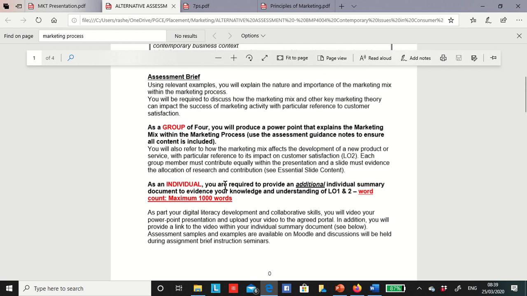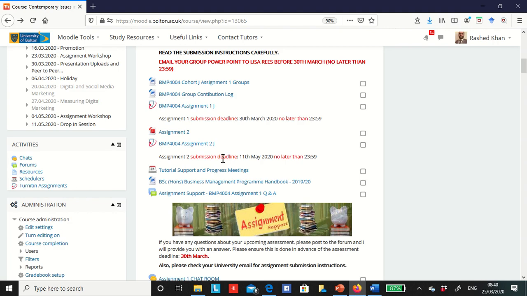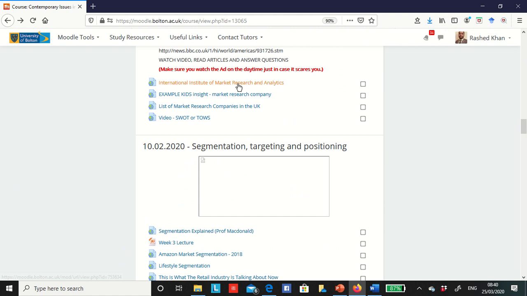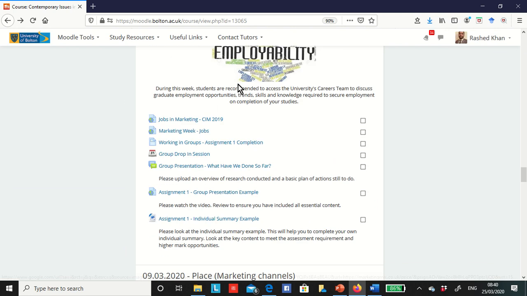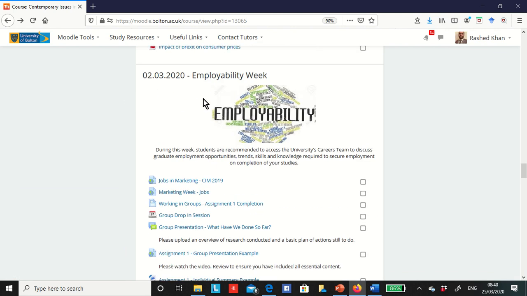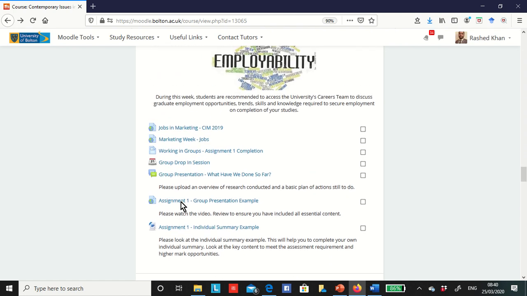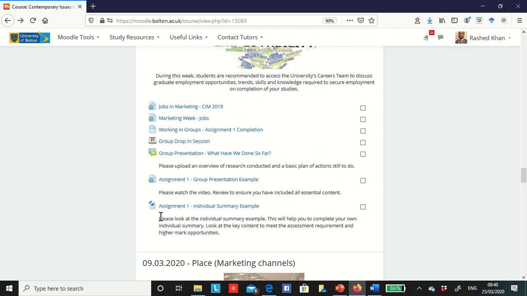Okay, if you can remember, there was an example of an individual summary as well as a YouTube video link of a presentation. Both are on Moodle again, in the employability week. If you go to employability week on 2nd of March 2020, you will see assignment 1 individual summary example and assignment 1 group presentation example.